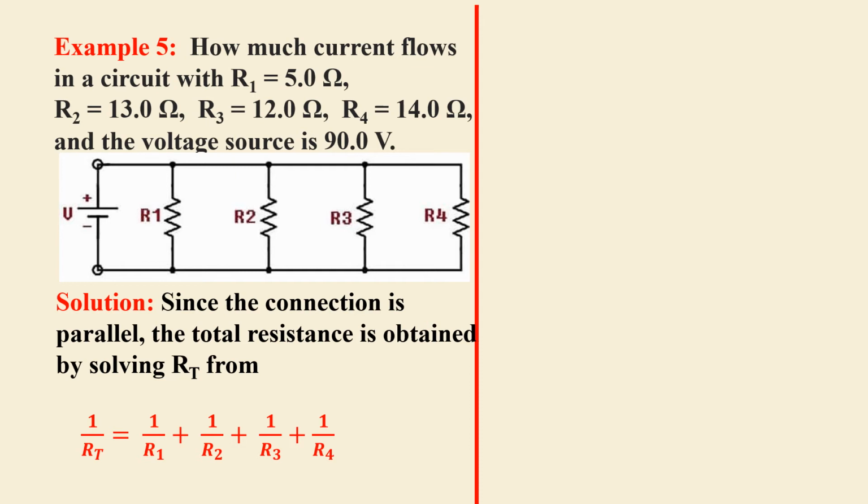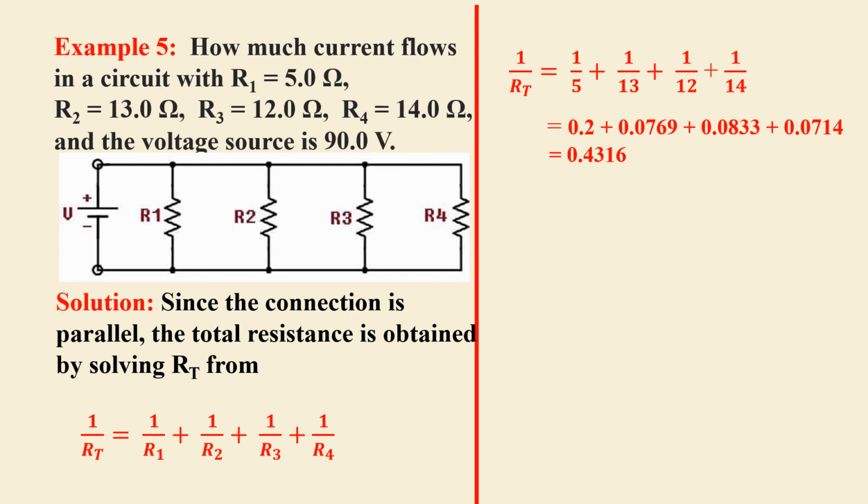1 over RT equals 1 over R1 plus 1 over R2 plus 1 over R sub 3 plus 1 over R sub 4. Substituting the values, we have 1 over RT equals 1 over 5 plus 1 over 13 plus 1 over 12 plus 1 over 14. And simplifying, we have 1 over RT equals 0.4316. Taking the reciprocal, R sub T equals 1 over 0.4316, and that gives us